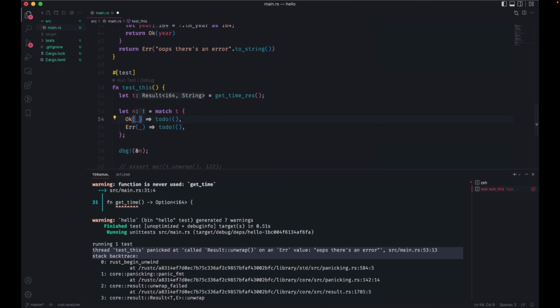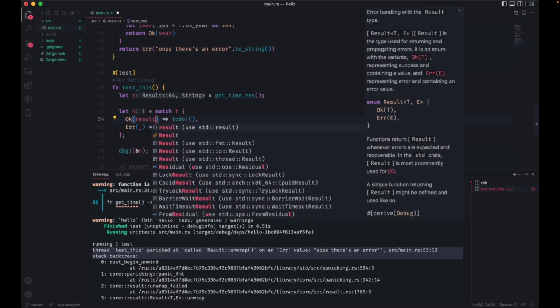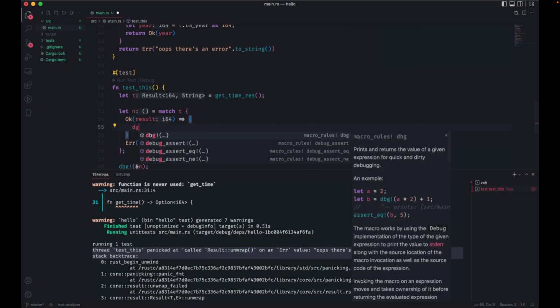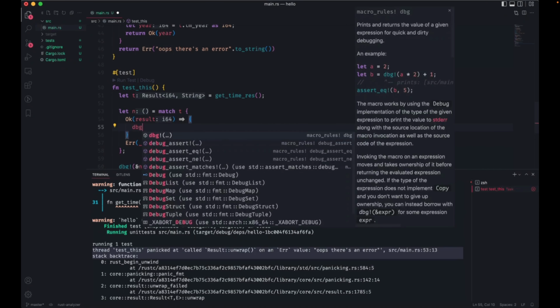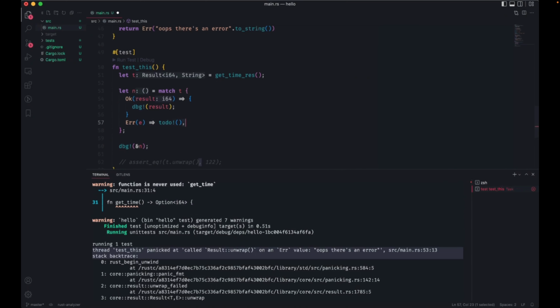So now here I have, sorry, and I can name the variable that comes back that is wrapped in the result. That's wrapped in the Ok, so that I can use it on this side of the case. And this is just a block of code. You can do anything you want in it. So I'm going to do a debug of the result. Sorry, here. And then the error, same thing.